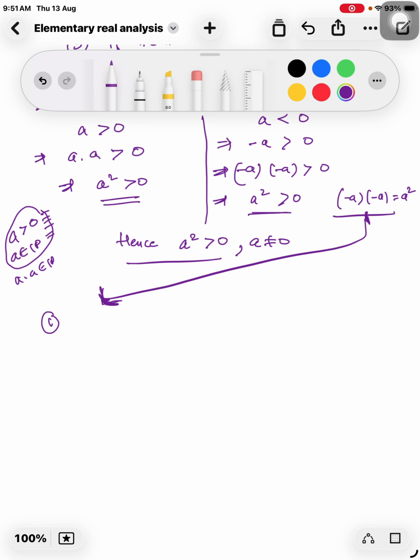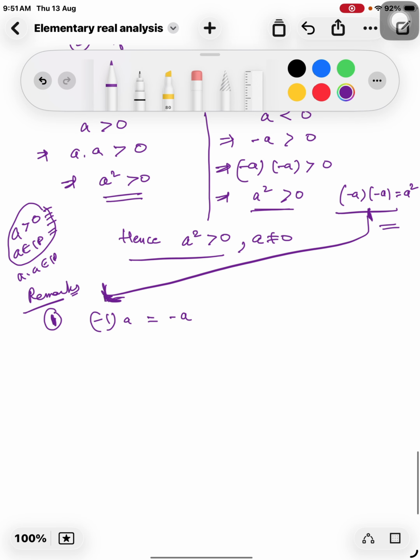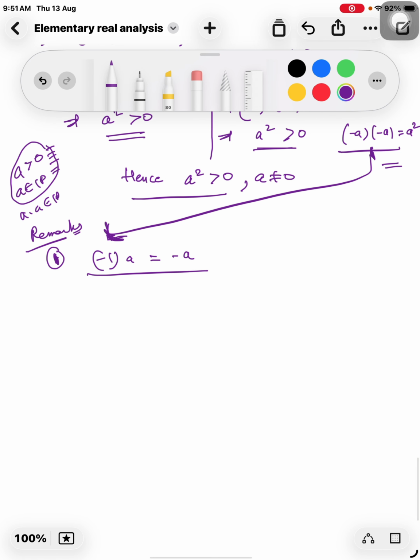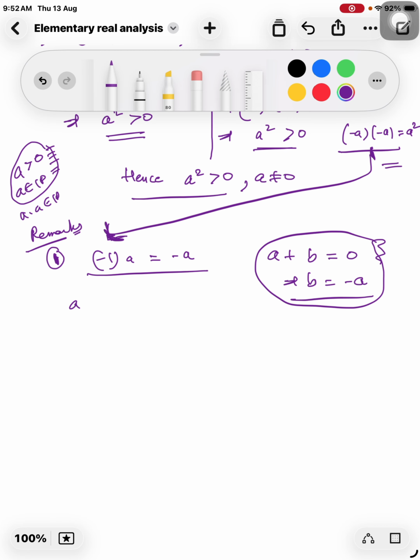अब ये शो करने के लिए कि माइनस ए इंटू माइनस ए इज़ ए स्क्वायर, हम सबसे पहले इसको दो पार्ट्स में प्रूव करेंगे। सो लेट अस राइट इट एज रिमार्क्स 1। सबसे पहले हम प्रूव करेंगे कि माइनस 1 इंटू ए इज़ एडिटिव इन्वर्स ऑफ ए, जो कि चीज़ हम बहुत बार यूज़ करते हैं। माइनस 1 इंटू ए माइनस ए होता है, तो ये कैसे होता है माइनस ए? माइनस ए मतलब एडिटिव इन्वर्स ऑफ ए, और एडिटिव इन्वर्स यूनिक होता है। तो हमने कहा अगर कोई भी बी ऐसा है जो कि ए प्लस बी को ज़ीरो कर दे, तो बी क्या होगा? एडिटिव इन्वर्स ऑफ ए, ये हमें पता है। तो हम दिखाएंगे कि ए प्लस माइनस 1 इंटू ए गिव्स अस 0, ठीक है।